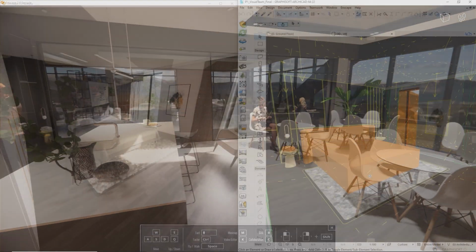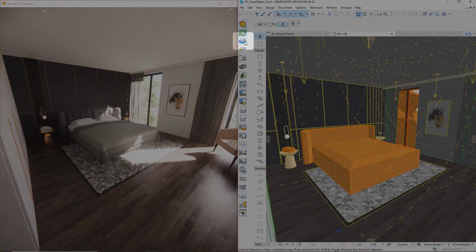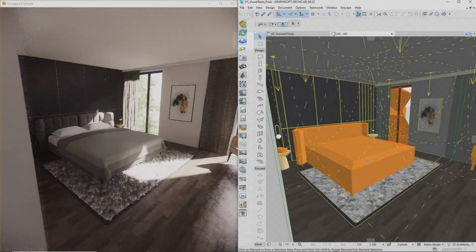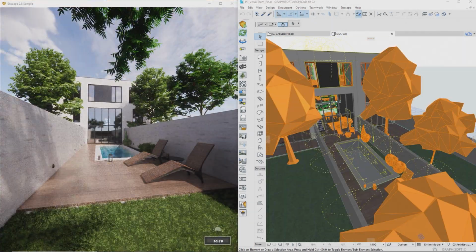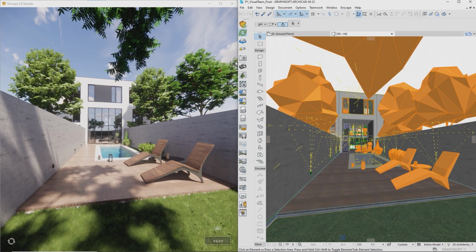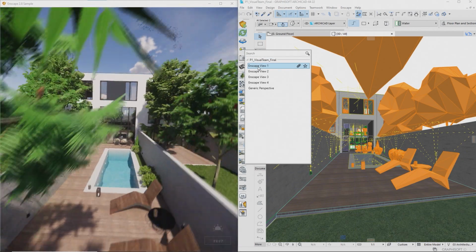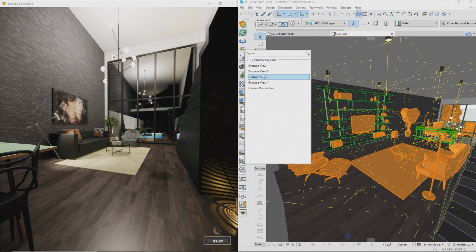If you want to synchronize your movement from ArchiCAD to Enscape, this is possible as well. Click the Synchronize Views button to lock your movement in Enscape to ArchiCAD's view. You can set up views to navigate in Enscape. Simply create them by clicking the Create View button. Enscape will save location, perspective, and datetime, so when selecting them in the Manage Views menu, you can switch between various settings instantly.